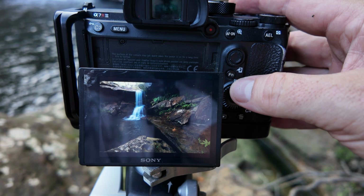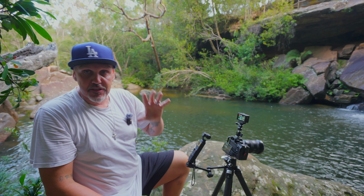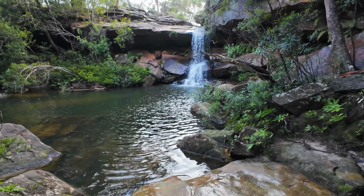Just take that there, and I'll play that back. And I always just like to double check my blinkies there. Yeah, there's a little bit of blinkies up in there, but it's not too bad. And honestly, probably what I'm gonna do is I'm gonna clone some green up in there. Not a massive fan of those bright spots like that, but there's no way to sort of frame it out